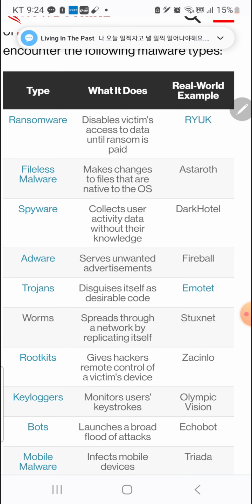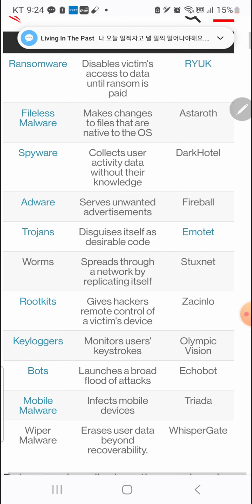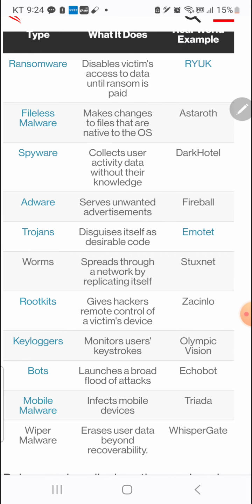Ryuk, R-Y-U-K. Fileless malware makes changes to files that are native to the OS. We learned that such malware is also called a rootkit, right?